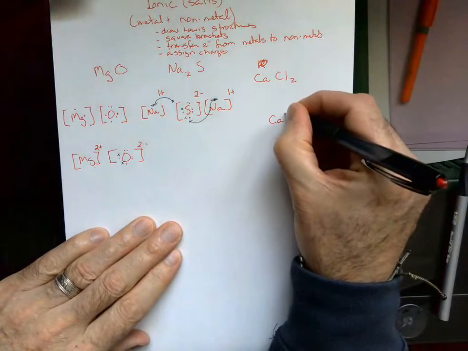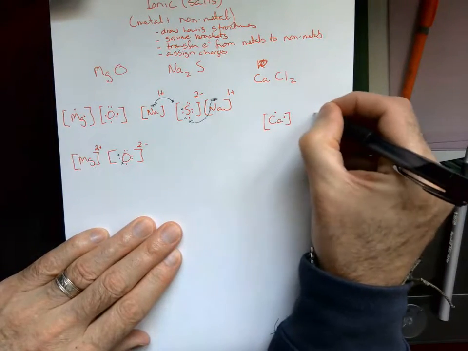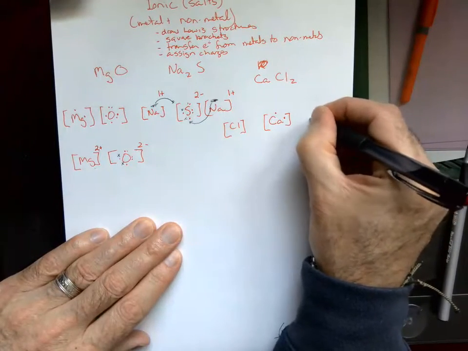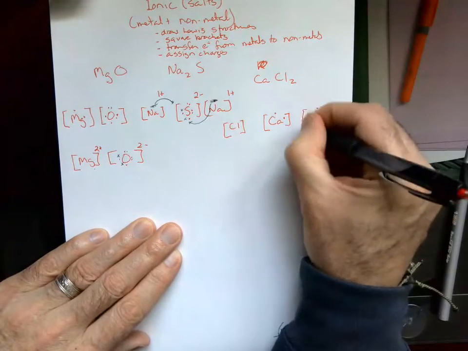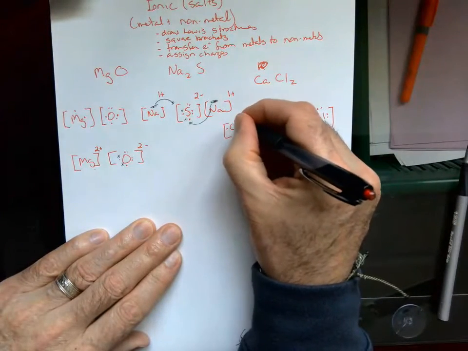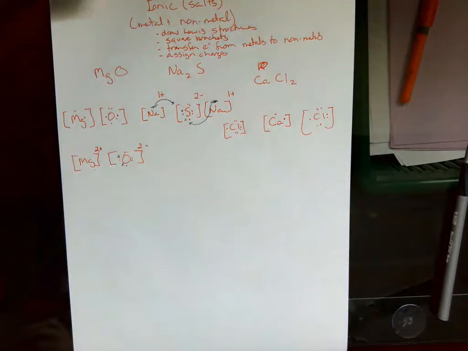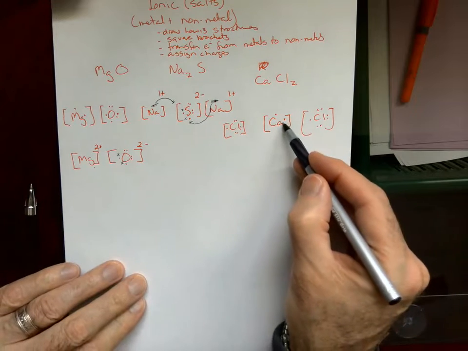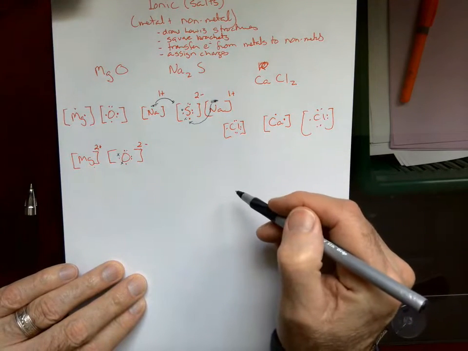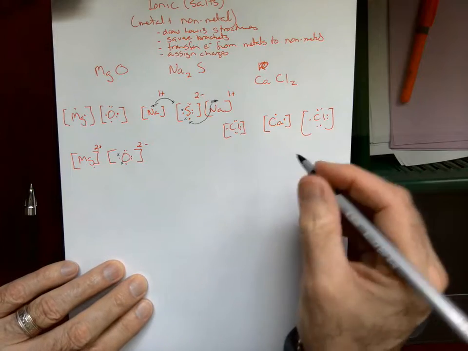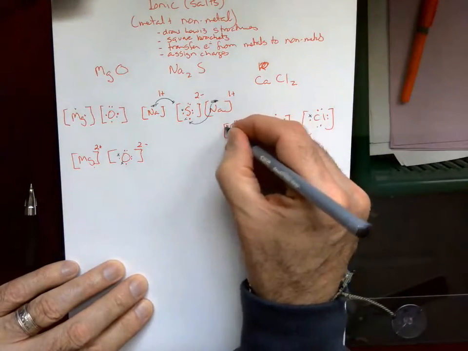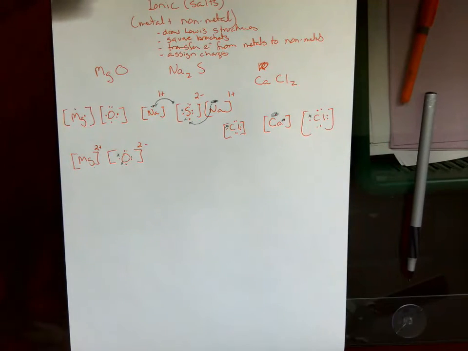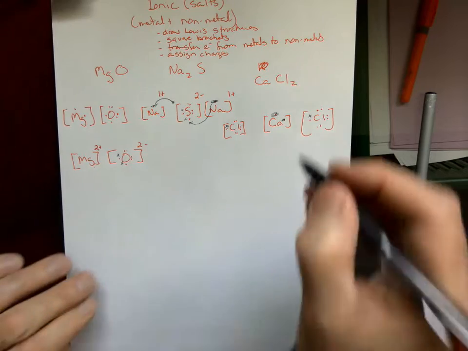Last one, Ca. Whatever you have the least of goes in the middle. Cl2. I wonder if you know which way the electrons are being transferred here. The electrons always go from the metals to the non-metals until the outer shell is full with the non-metals. So as soon as it has 8, it's got as many as it can take. Remember that rule. As soon as it's got 8, it's got as many as it can take.